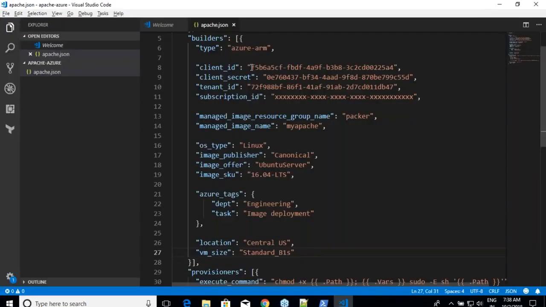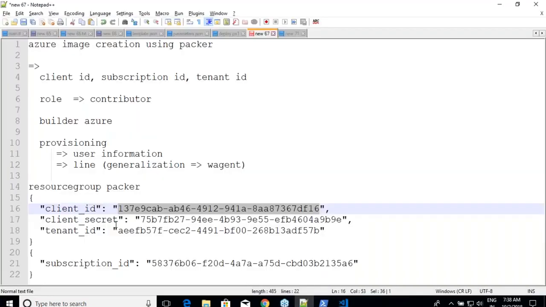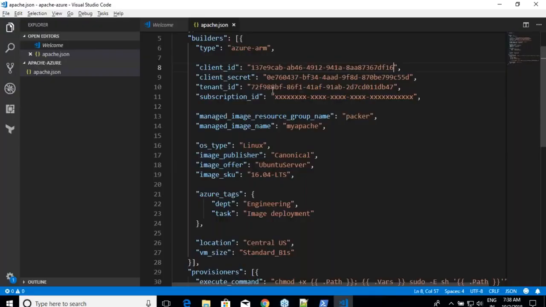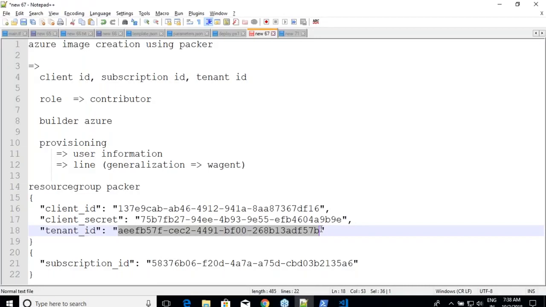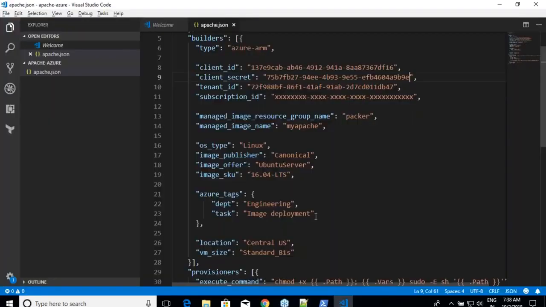Okay, this is my client secret. Tenant ID. Okay, and then the subscription ID.